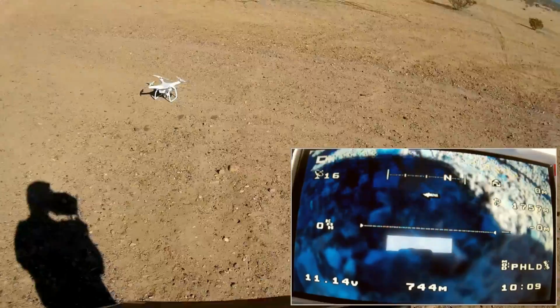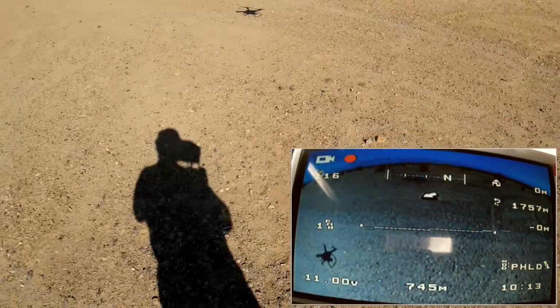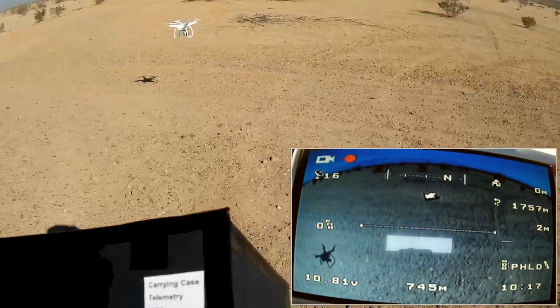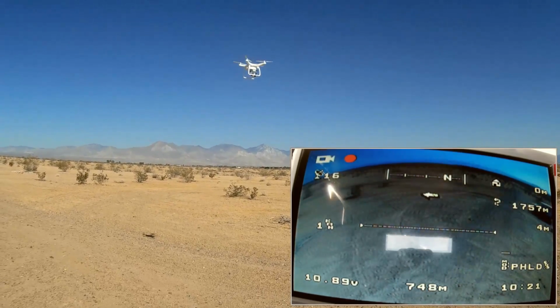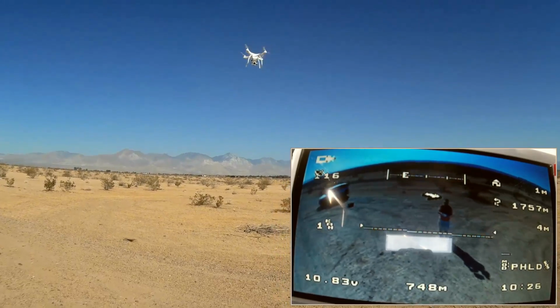We're going to go back up now, and I want to try out headless mode and altitude hold. How much battery voltage? We've got enough. 11 volts, 10.8 volts. We're close. Going to IOC, and that's headless mode. And let's try out